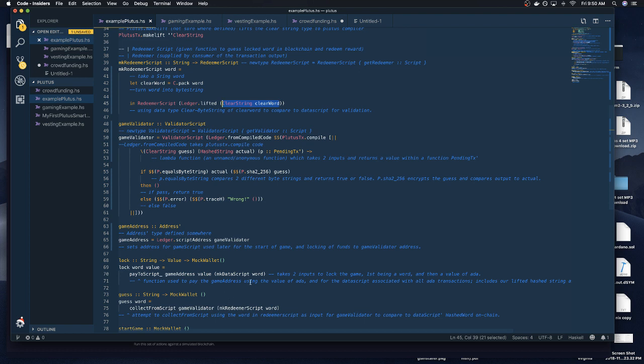Once it's been lifted in the redeemer script as a clear string, we can manipulate it with the guess variable here, and change the guess variable into that hash,